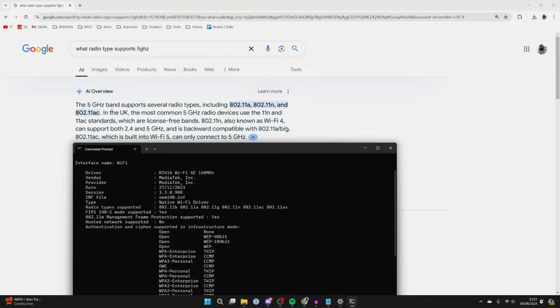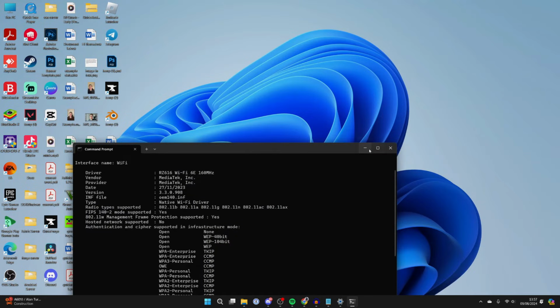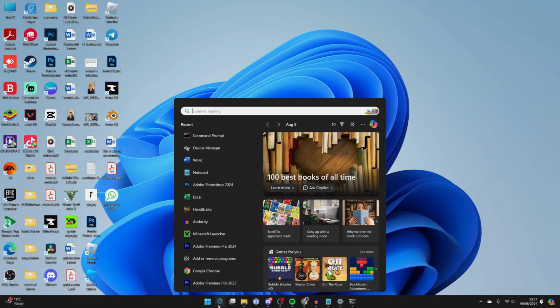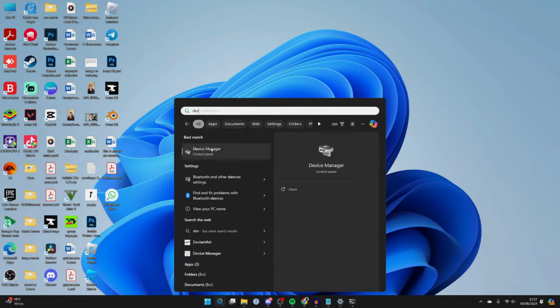However, if it doesn't, then you'll need to get a different wireless adapter. Check in advance that it supports 5 GHz. However, if yours does support it, but it's still not showing up, then what you need to do is come to the bottom of your computer, click on search, and type in device manager